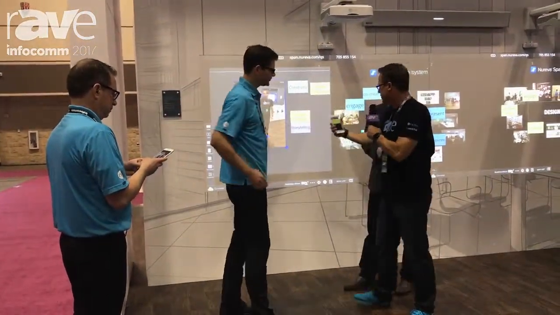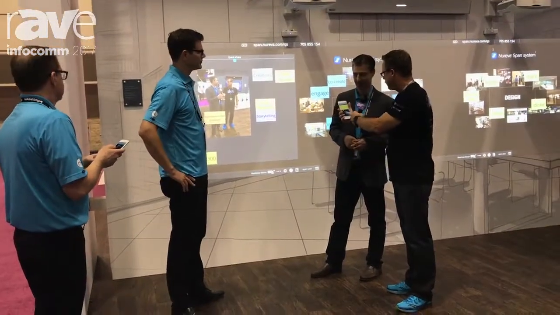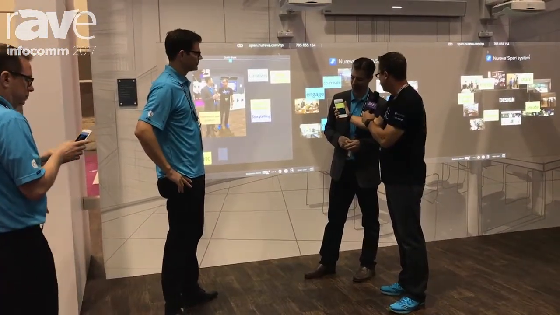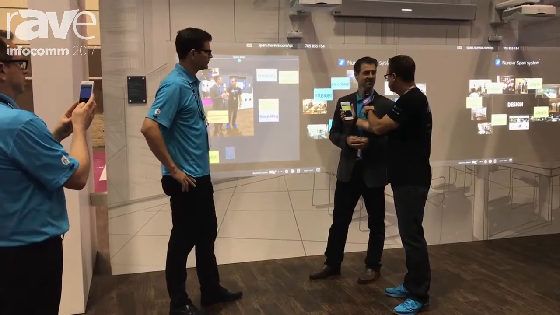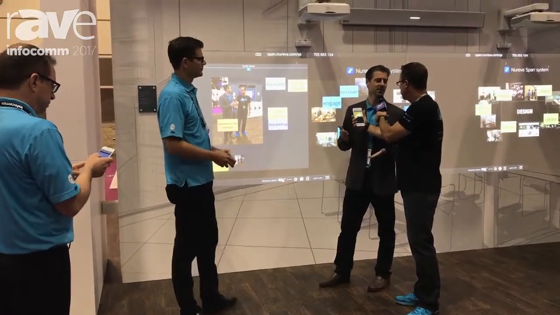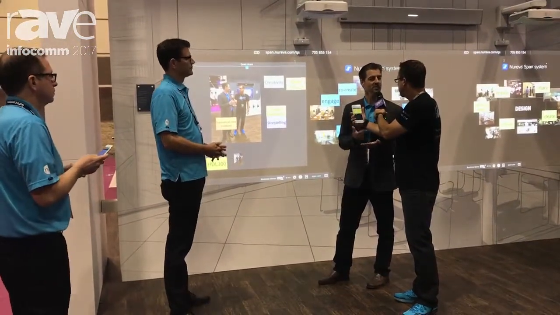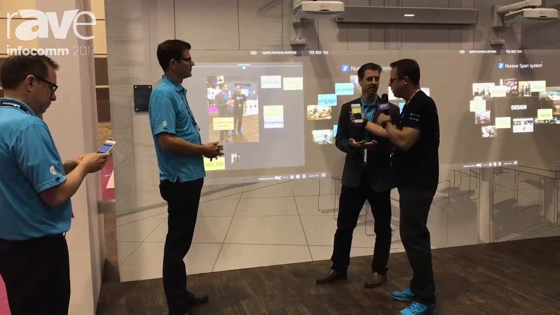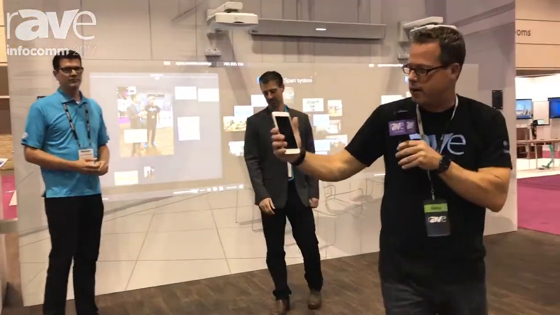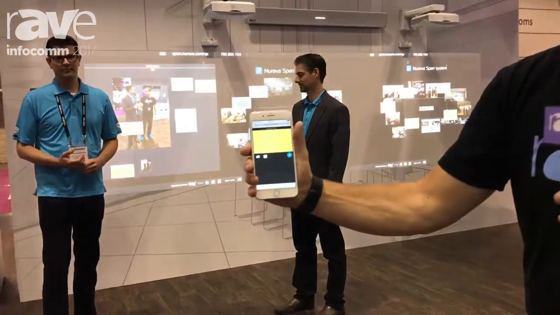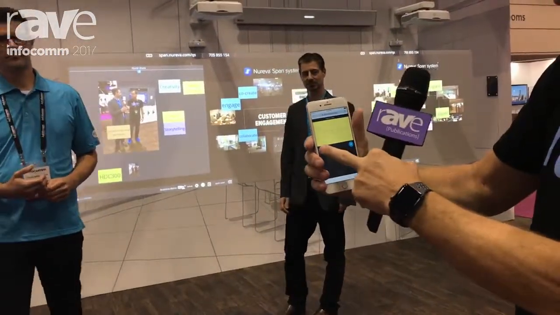So basically, this is the interface on the phone. It looks like a little sticky note, but it's got a little camera icon there, so I can basically put up anything I want. Exactly. Three buttons, and again, we're targeting the user who is used to analog tools, and we're trying to help them convert to digital and the benefits of that. All right, so I'm going to show this to the camera. See that right there? This is the interface that they have. They're just typing in text there, and there's a little camera where I can take a photo.